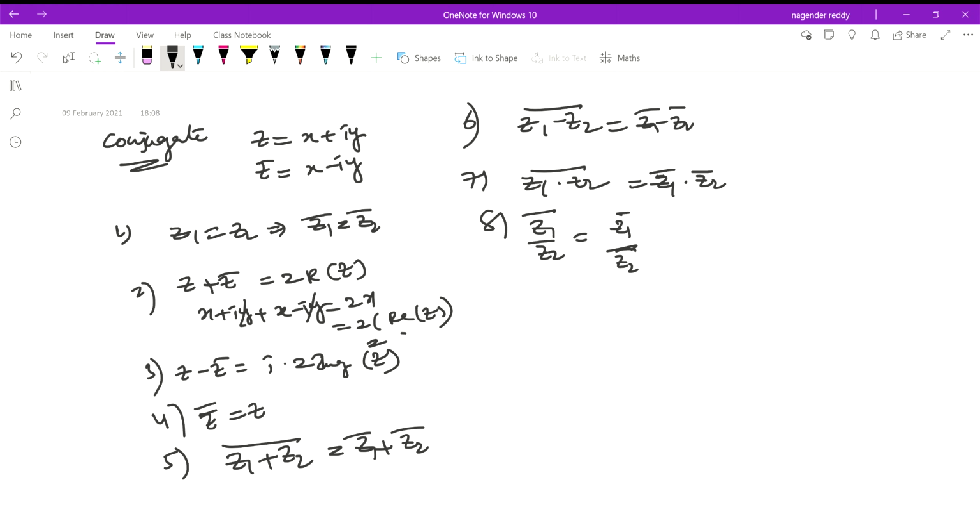Here I'm using small z, no problem, it does not matter. This property is very important. Maybe in the textbook, capital Z or something else will be used, no problem, you can go ahead with that. And we have square inequality and triangular inequality and all those things. According to the formulas, we'll go for it, based on problems. And in the next concept, we'll discuss the exponential form of the complex number and all those things.